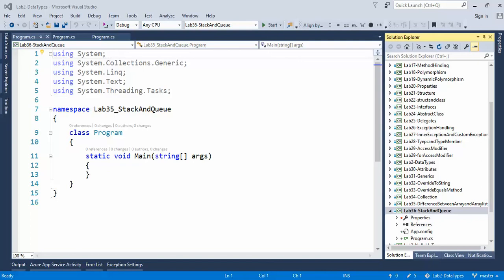Today we will see stack and queues. It is the second part of collection. In lab 34 and 35 we saw the collection, how many types of collection there are, and what the difference is between array, array list, and hash table. So in this lab we have to see